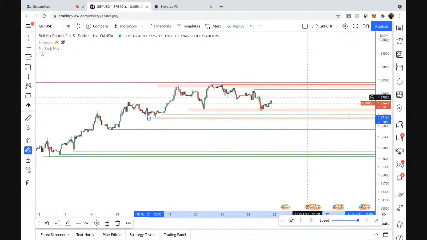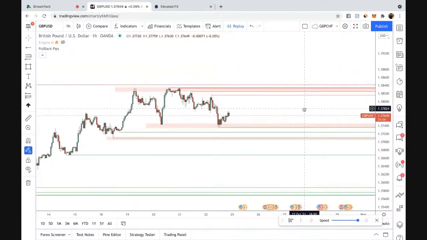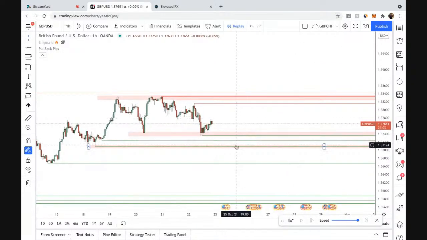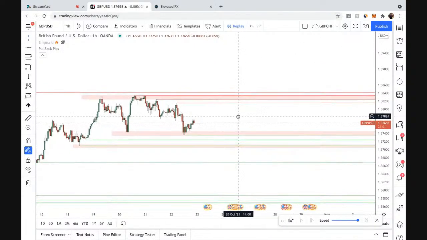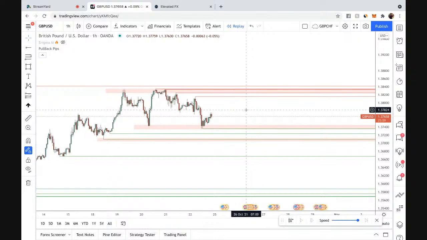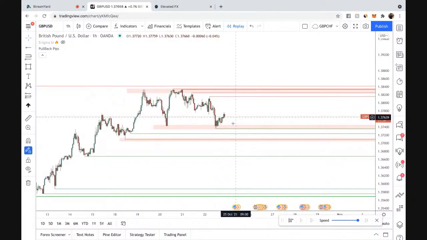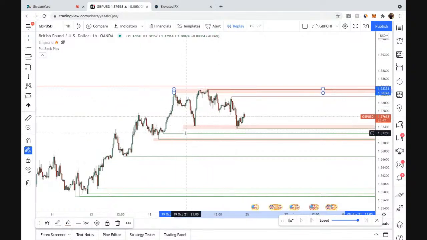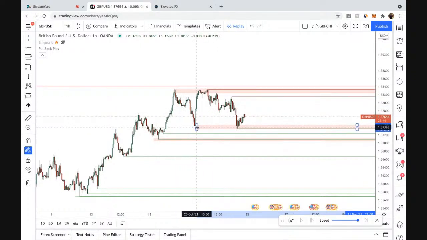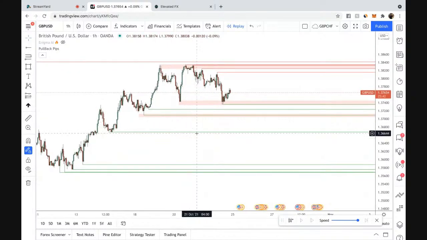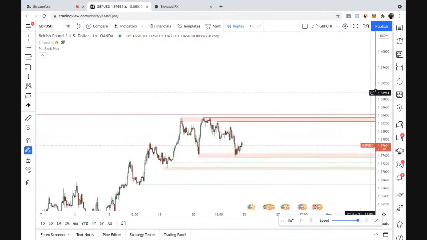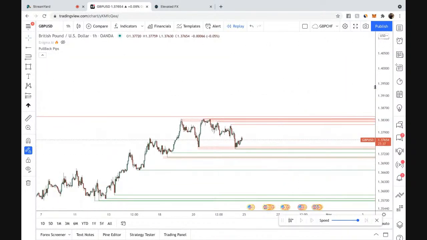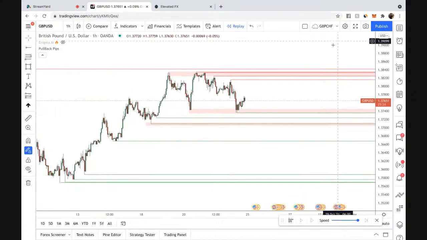So if you notice, what I did was I went from my 4 hour down to my 1 hour, and these key levels on my 4 hour are still relevant on my 1 hour, right? So I'm asking myself, what does the market want to do here, right? Because so far we've seen a lot of rejection at this point. So far we've seen support at this area. It's just a matter of time now, because what I like about this is we do have space where we can go up, where we can go down, but what is confirmed?